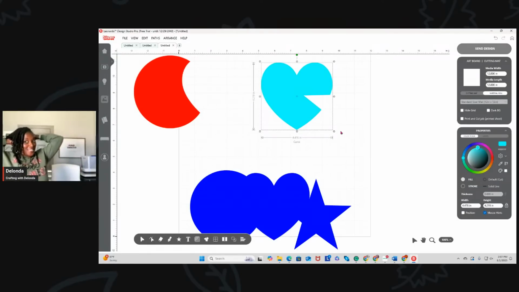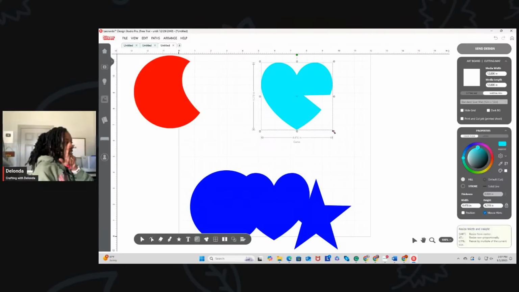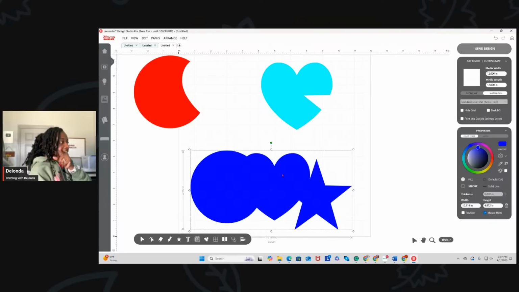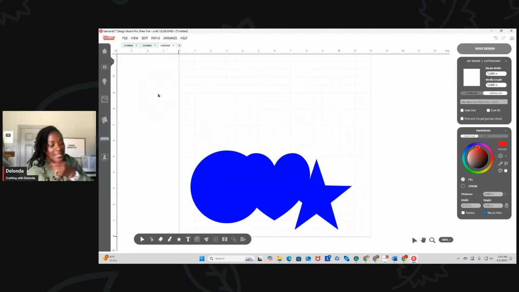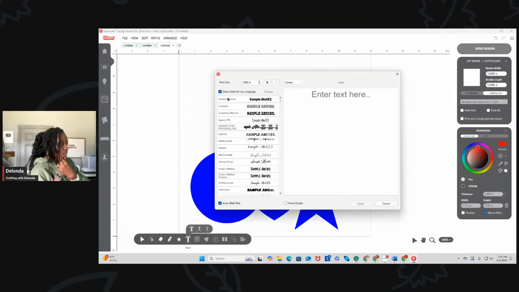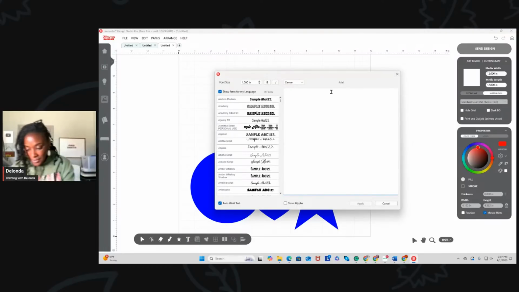Y'all, I did not know this existed. I don't know when I would ever use it, but it's really good. And you know what? I'm thinking about something. Look at this. I'm still thinking about slice. So let's just say, let me delete this and let me delete this. Let's just say I were to go here and just type my name, right? If I just type Delonda